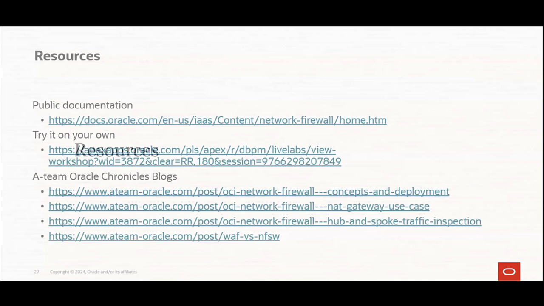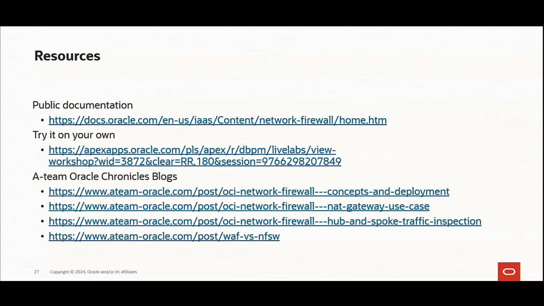Now, under resources, we have our public documentation where we have up-to-date information regarding the OCI network firewall, the features supported, and how we can configure it. We have also a lab where we can work with the OCI network firewall and integrate it in certain scenarios. And there is an Oracle Chronicles blog series where we pick a certain product, in our case, the OCI